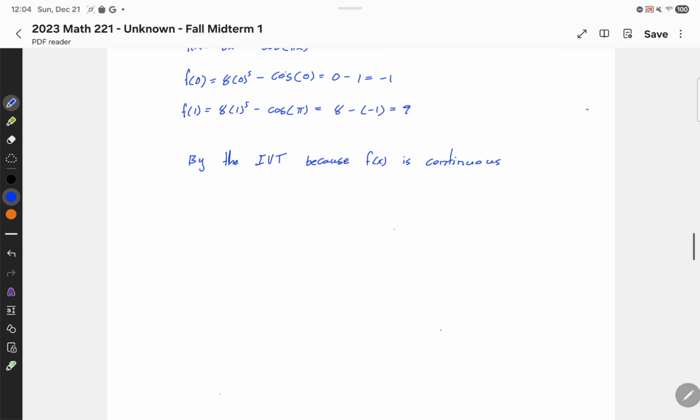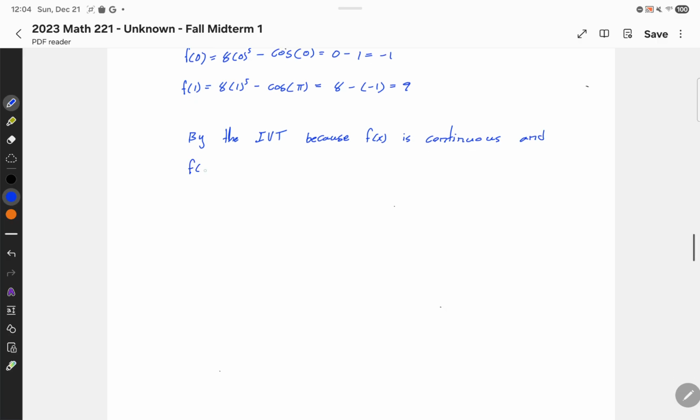So because f of x is continuous and f of 0 is equal to minus 1 and f of 1 is equal to 9, there must exist a c somewhere between 0 and 1 such that f of c is equal to 0,